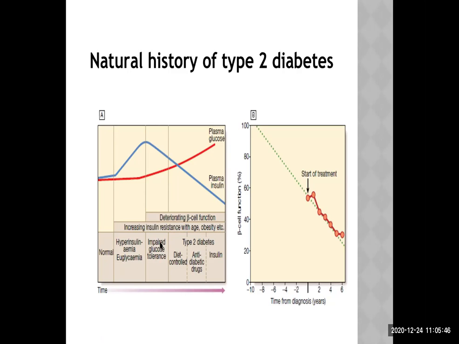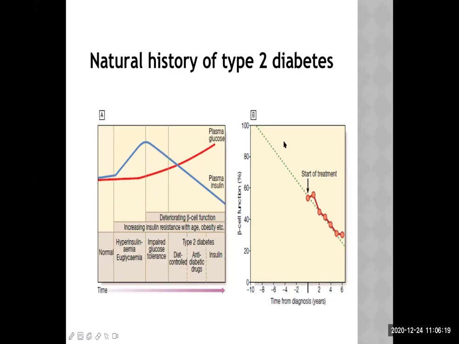So in the beginning, there is impaired glucose tolerance. Even if there is a high level of insulin, now the glucose starts to rise slowly because of the insulin resistance. And ultimately, the insulin cannot be secreted at an increased rate all the time by the beta cell. So the insulin level also falls, and naturally when insulin falls and there is excessive resistance of the insulin at the receptor level, the plasma glucose rises.